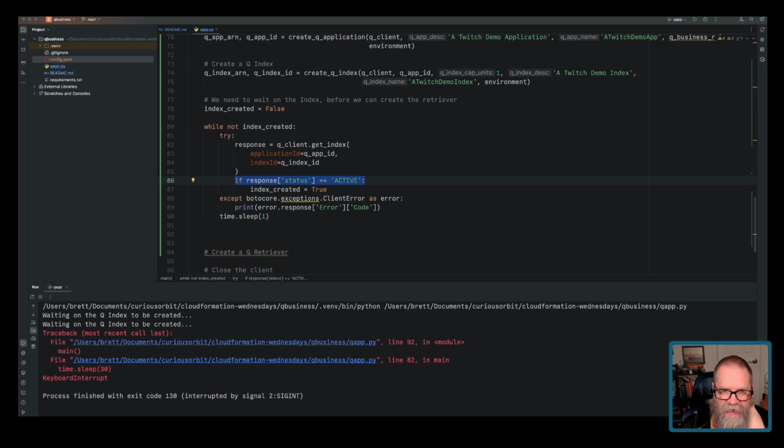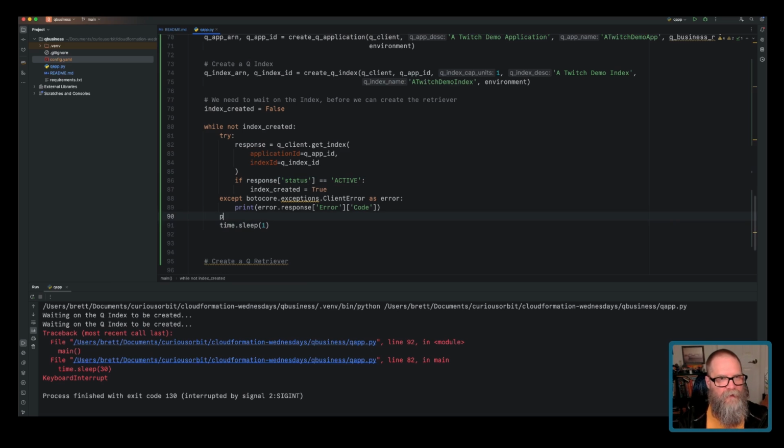We were never actually checking the status of the index itself. So now we're going to look to see if the status of the index is active. We know we're good and we can continue on. That makes more sense. So here, if response status equals active, then this. Else, print an error code. But what we want to do is go here and say print waiting on the queue index to be created,